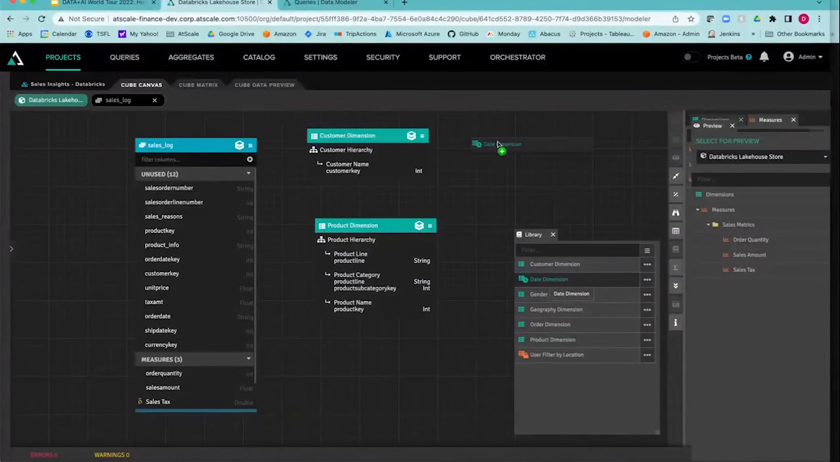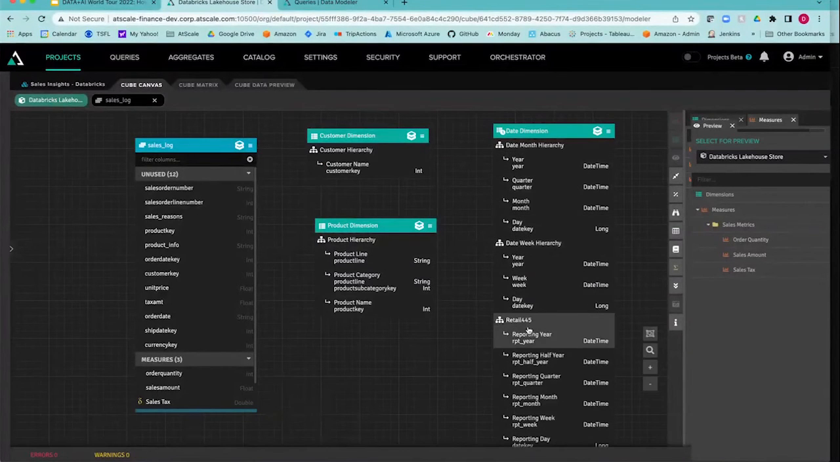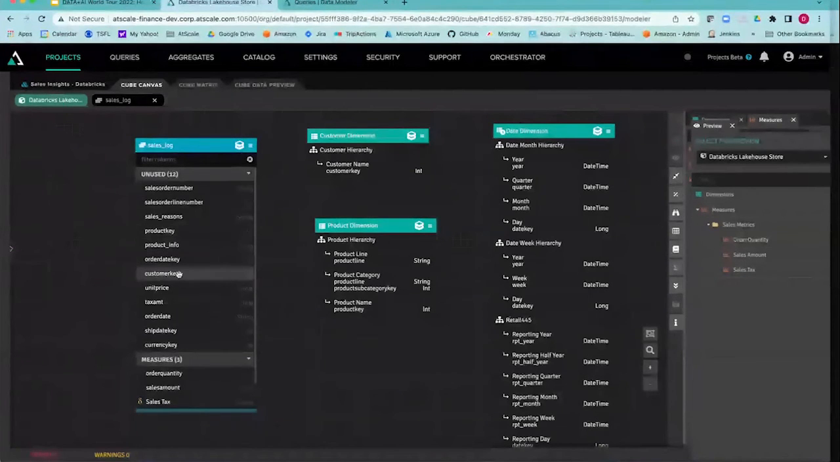I'm going to pull on my date dimension, because I'm a retailer. And you can see I have a retail 445 hierarchy all set and ready to go. So what I just did here is I used a dimension from another data steward. I could have created these conformed dimensions myself, or they could have come from a centralized data team. But I know that if I go ahead and link this up,